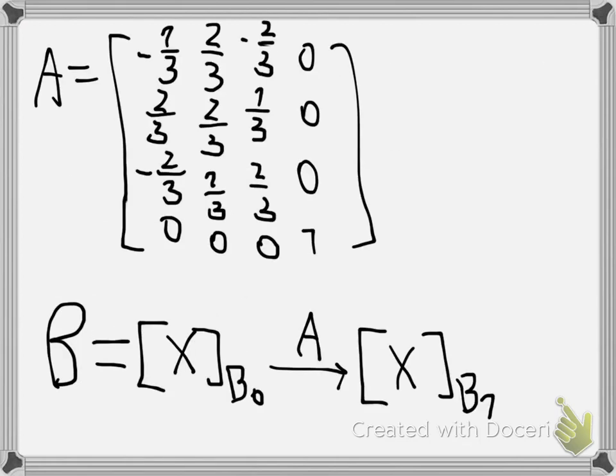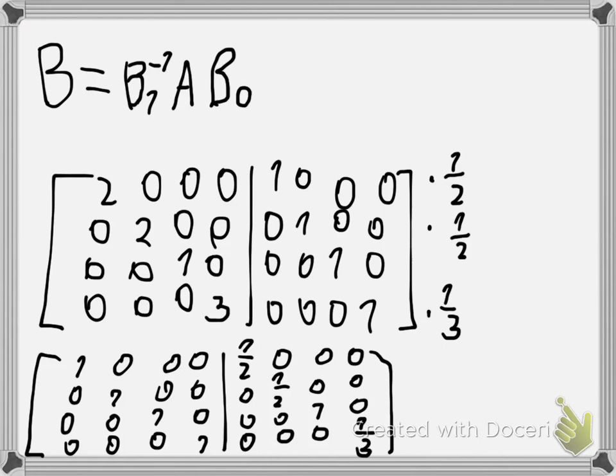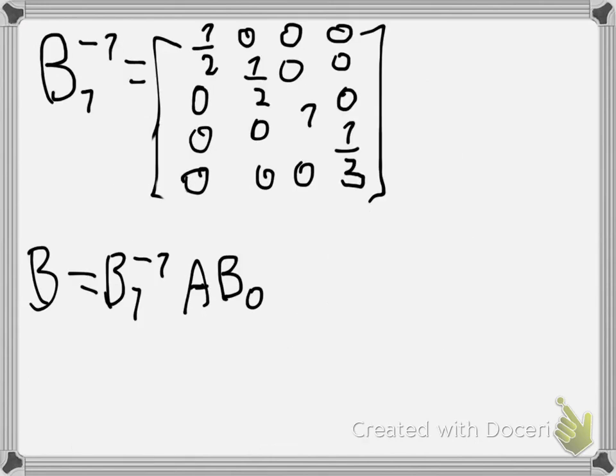We know A, and we know B1 inverse. So if you calculate that, it's just matrix multiplication. You should get the following: